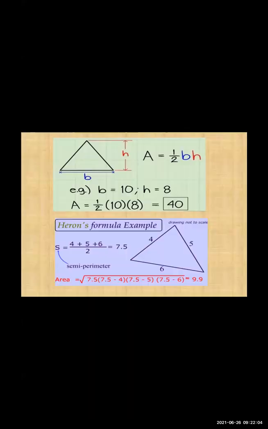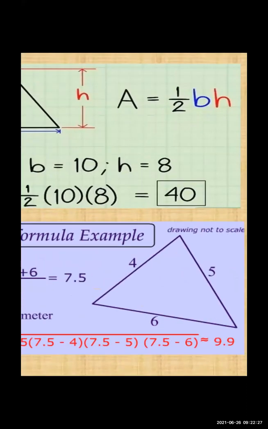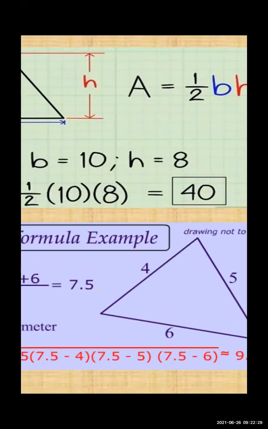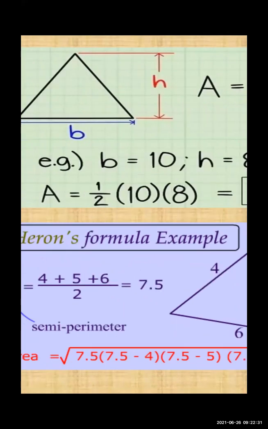So I guess I have examples here. See here, the first example is the normal one, where base and height value is given. Base B is equal to 10, height H is equal to 8. Okay, unit is not given. If a unit is not given, then don't write the unit. So put in the formula. What is the formula here? 1/2 into B into H. So here 1/2 into 10 into 8.